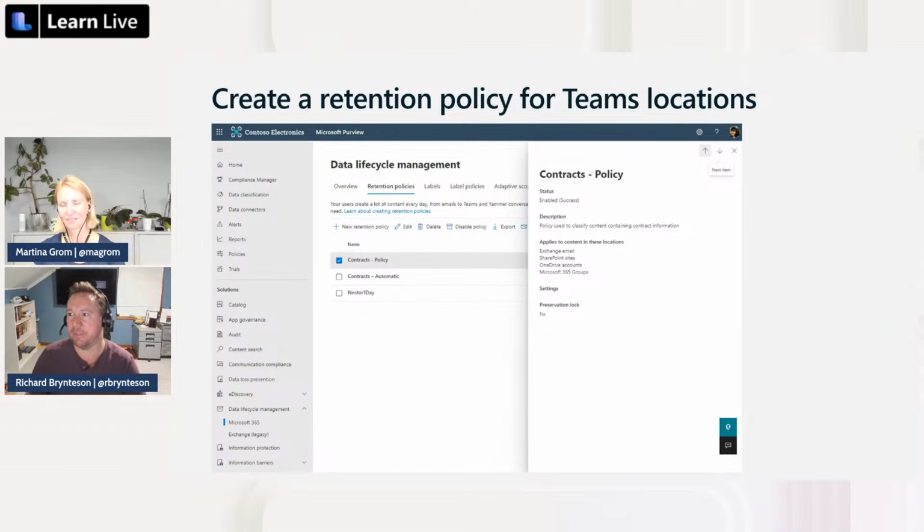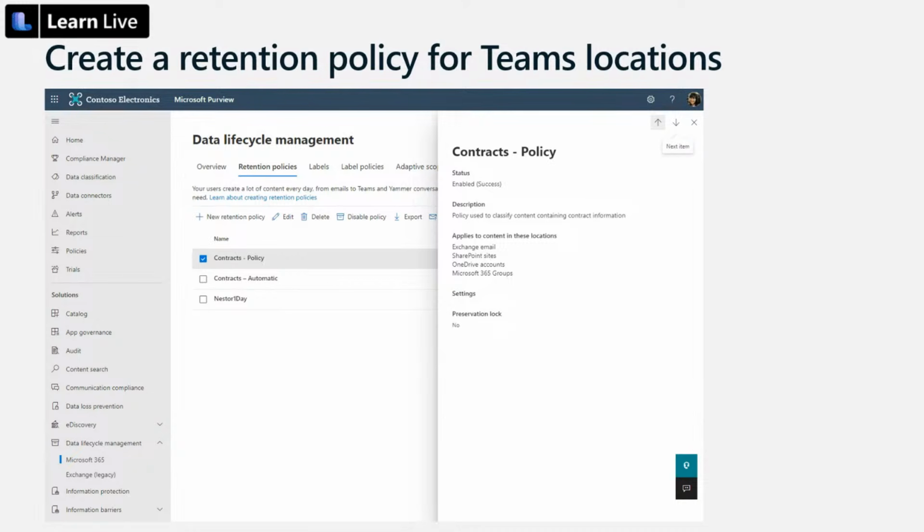How about you, Martina? So it kind of depends. As you already said, if the customer has a legal requirement to keep data, for instance, tax data needs to be kept for 7 years, there's nothing against a retention policy. An aggressive deletion policy very often creates shadow IT user behavior, which was probably not the intention in the first place. The user said, okay, I do not want my messages deleted after 2 days. I want to keep them.